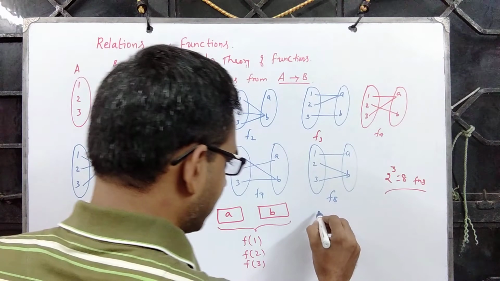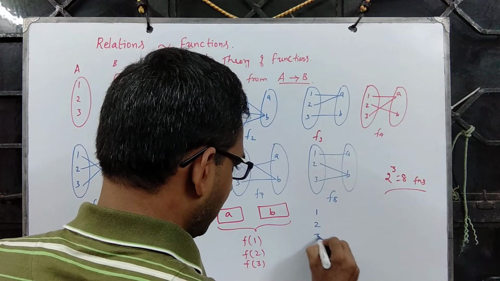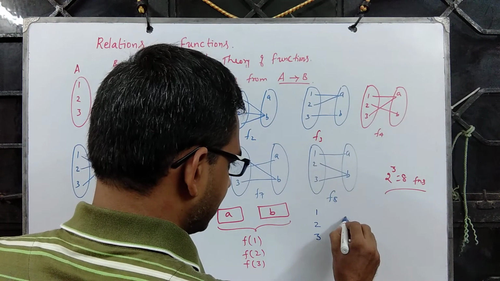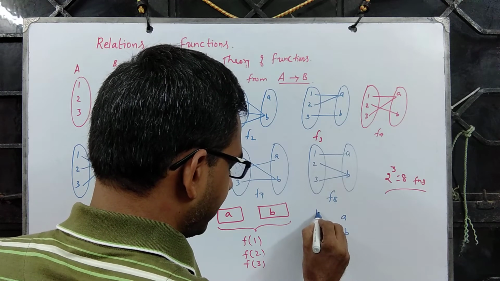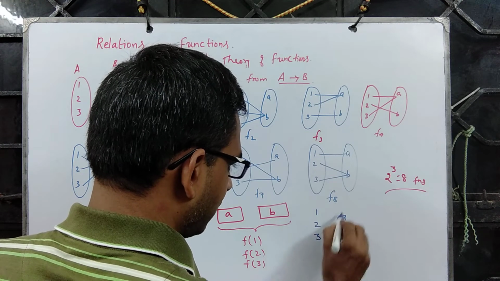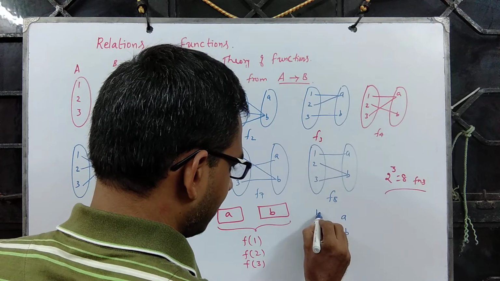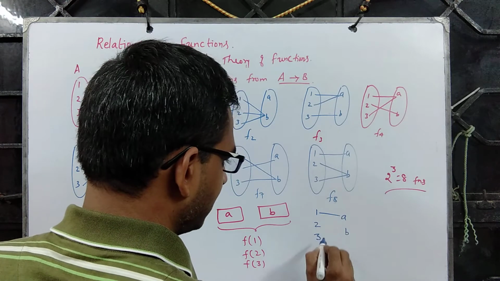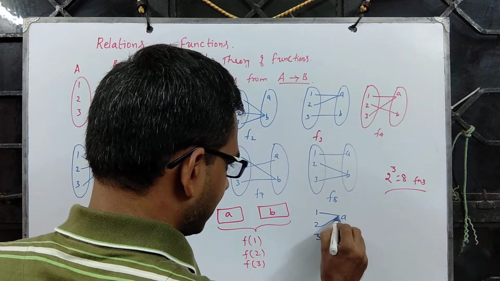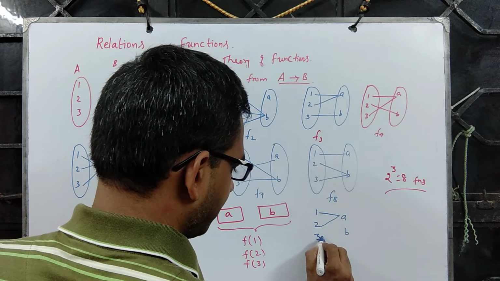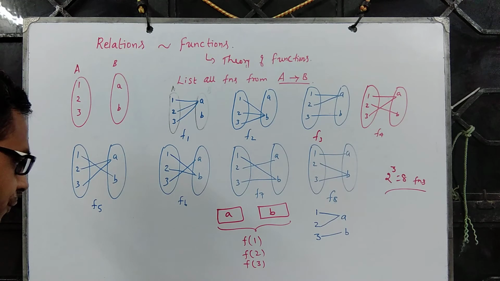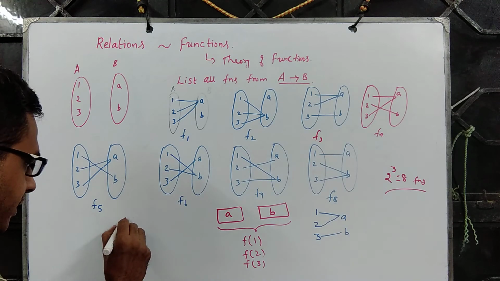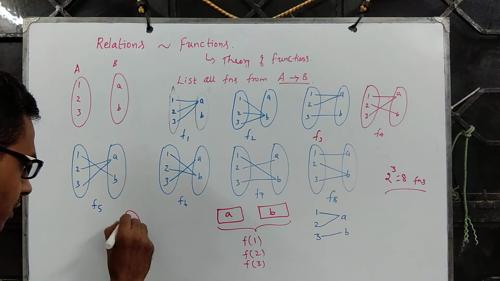So if you fix 1, 2, 3, what is that we are seeing? We are looking at possibilities of mapping 1 with respect to AB. It may be the case that it is mapped to this. It may be the case that this is mapped to this. It may be the case that this is mapped to this. So which means if you fix the domain 1, 2, 3,